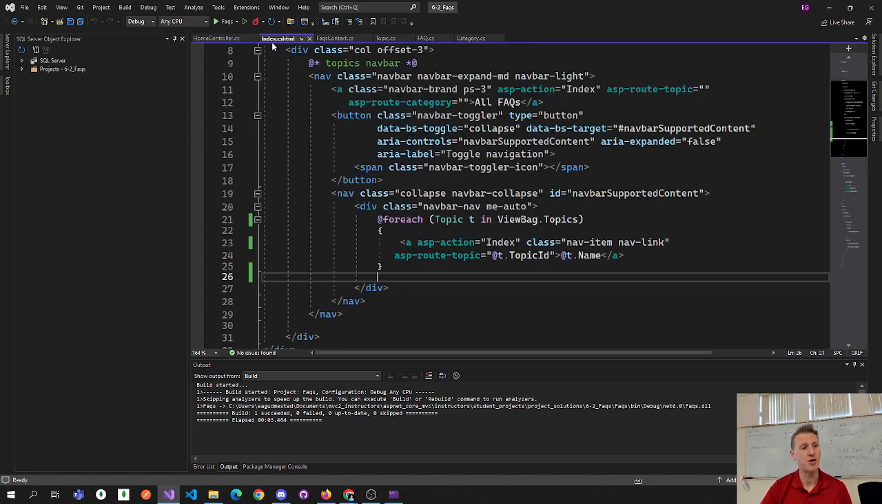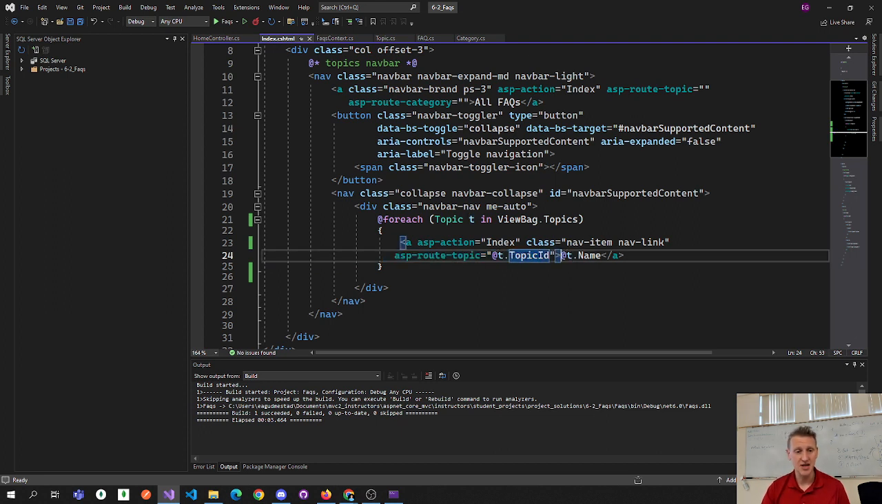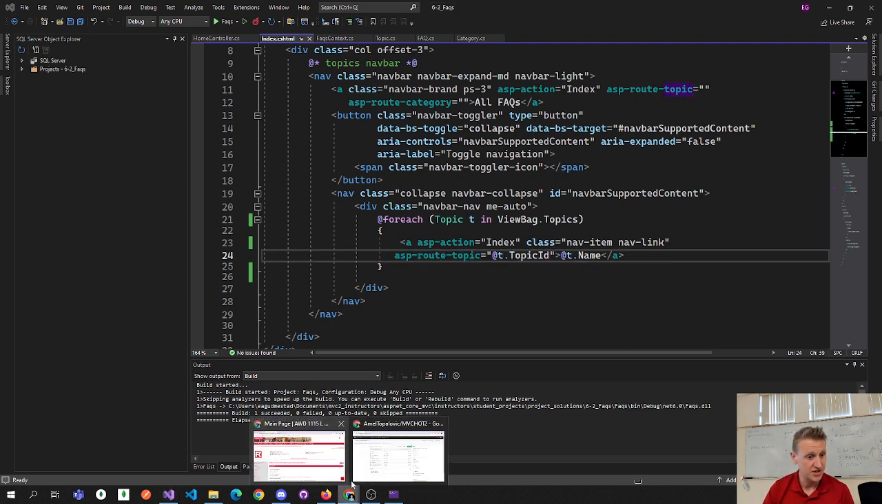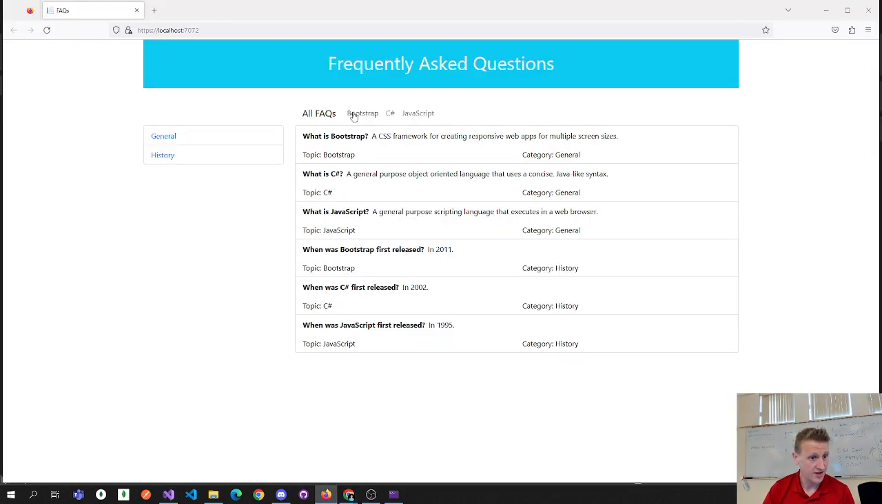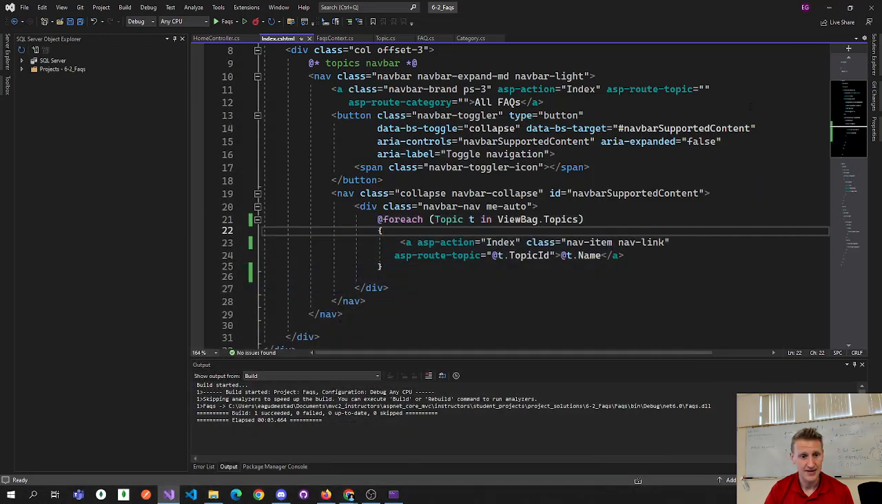The first part that I didn't cover in the lecture, and I do want to dive a little bit deeper into this, is this helper tag. Because this helper tag ultimately is what's generating our links to go to that path: /topic/boot, /topic/cs, /topic/js. What's weird to me